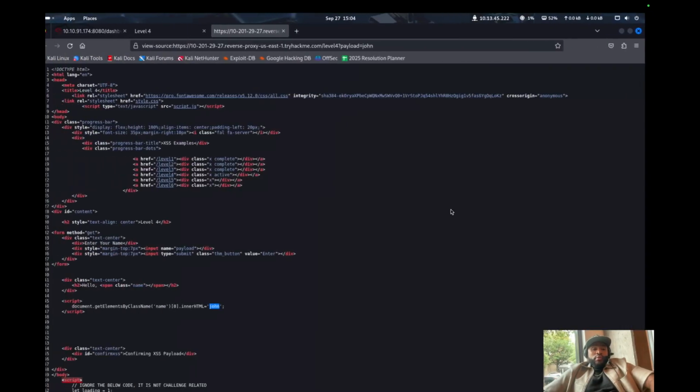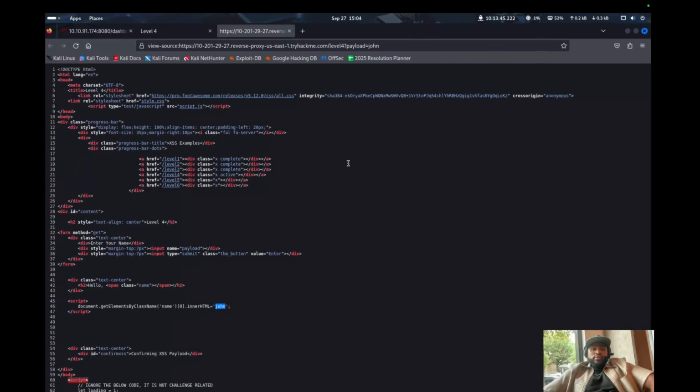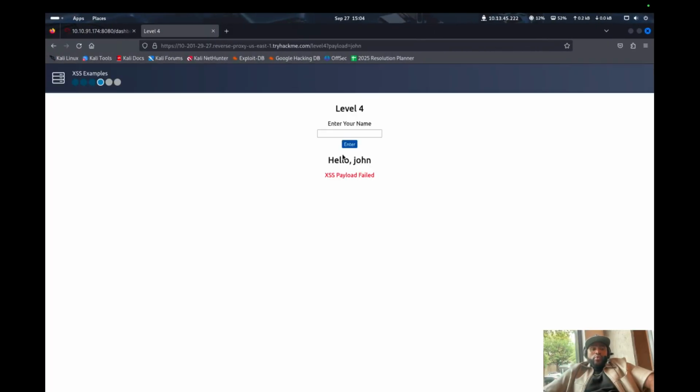For any rooms, I'll put it on my notes, and I just cram everything up, and then I try to memorize it. Obviously it is hard to memorize it, but it would not hurt to know all these details. So let's go ahead and